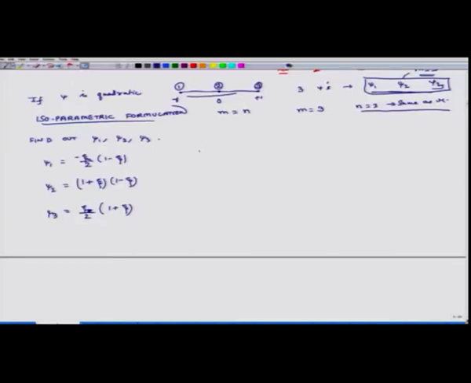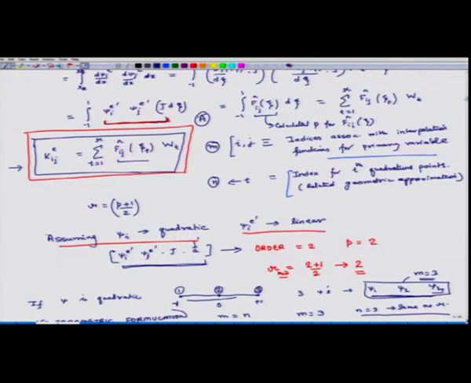So, now I will calculate their derivatives with respect to zeta. So, this is minus 1 plus 2 zeta by 2, this is minus 2 zeta, and this is 1 plus 2 zeta by 2. So, these are the three derivatives, and now we have to use these derivatives to calculate f I j hat.